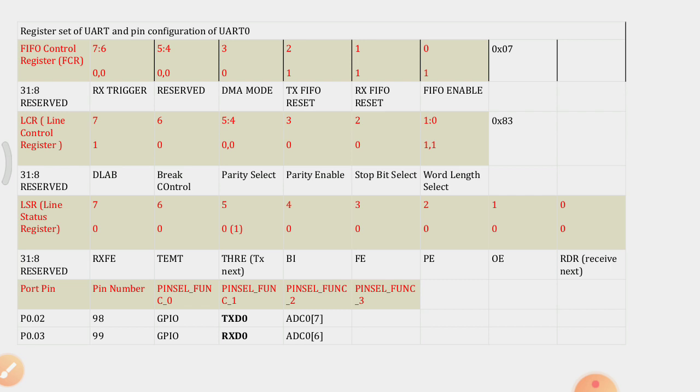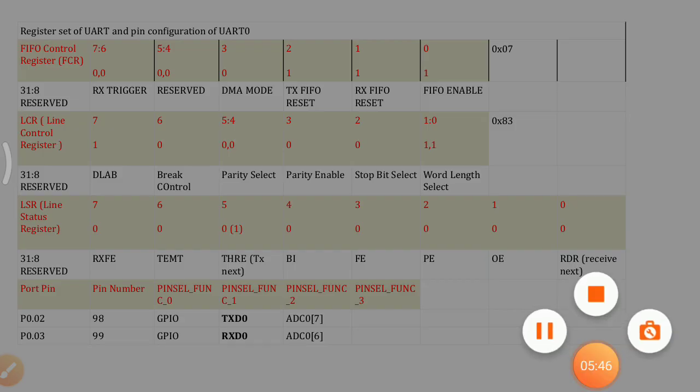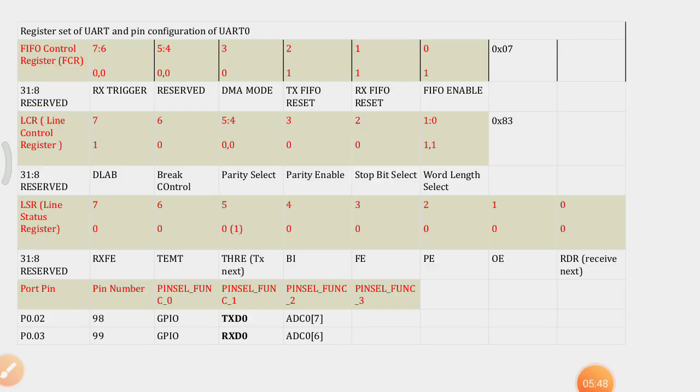That is, we are enabling the DLAB bit, bit 7, and we are enabling bits 0 and 1. If bits 0 and 1 are 0 0, then the word length will be a single bit character.